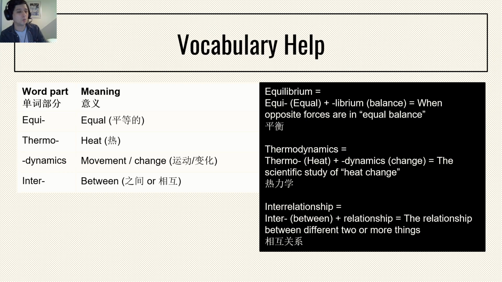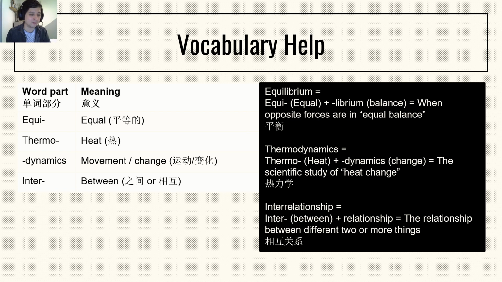All right, another word part we're going to go over is thermo, okay, and that means heat. You might have seen this prefix before in maybe a word like thermometer. Meter means to record, so thermometer means an instrument to record heat, and that's what it is. In this section, we're going to be learning about thermodynamics. Dynamics means movement or change. So when we talk about the study of thermodynamics, we're talking about the study of heat change.